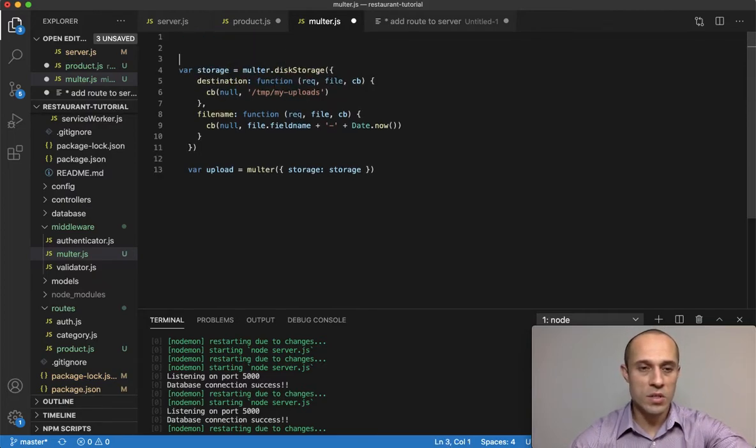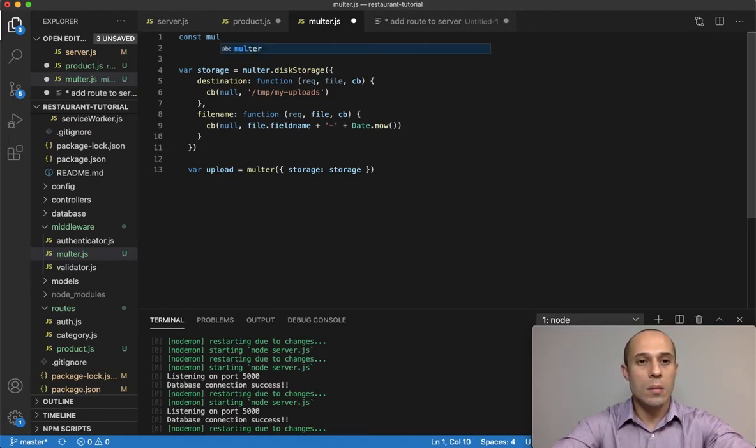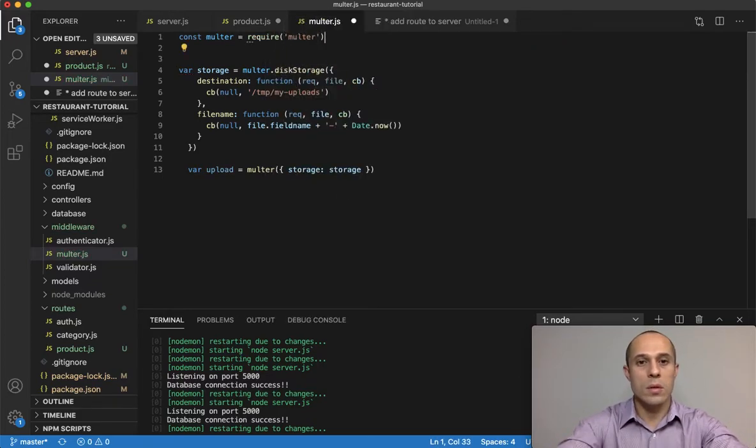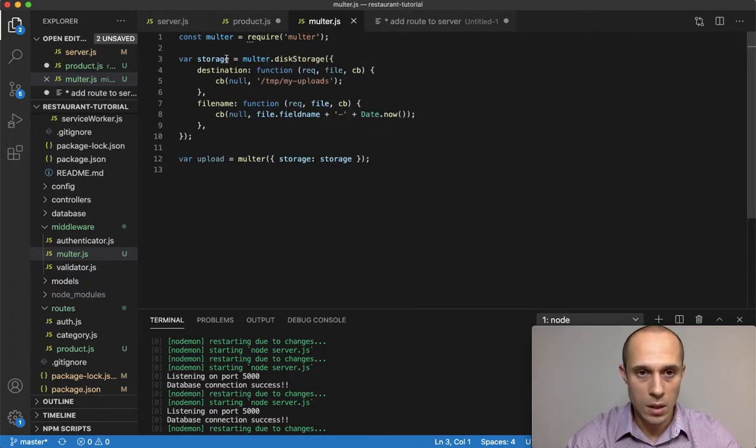And I'm just going to make some adjustments here, but before anything I got to import that. So I'm going to do Multer require Multer. All right, so now that I imported this Multer inside this file, let's see, so in Multer disk storage,